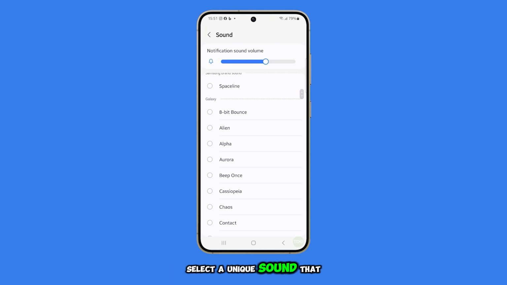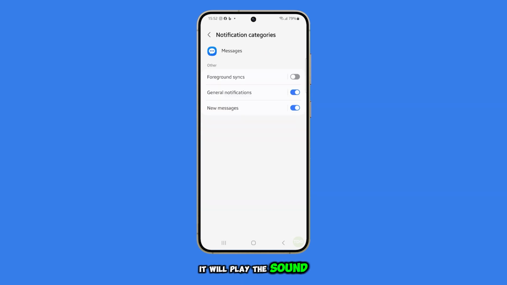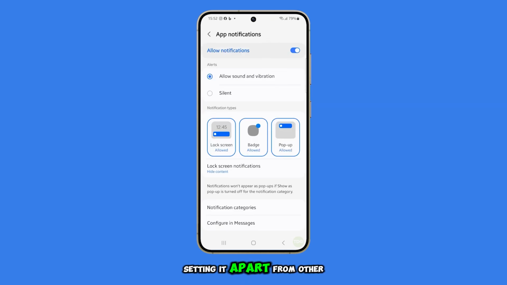Select a unique sound that you'd like to apply specifically to this app. You can also adjust the notification sound level if needed. After you've made your choice, simply tap the back arrow. Now, whenever you receive a notification from Messages, it will play the sound you selected, setting it apart from other